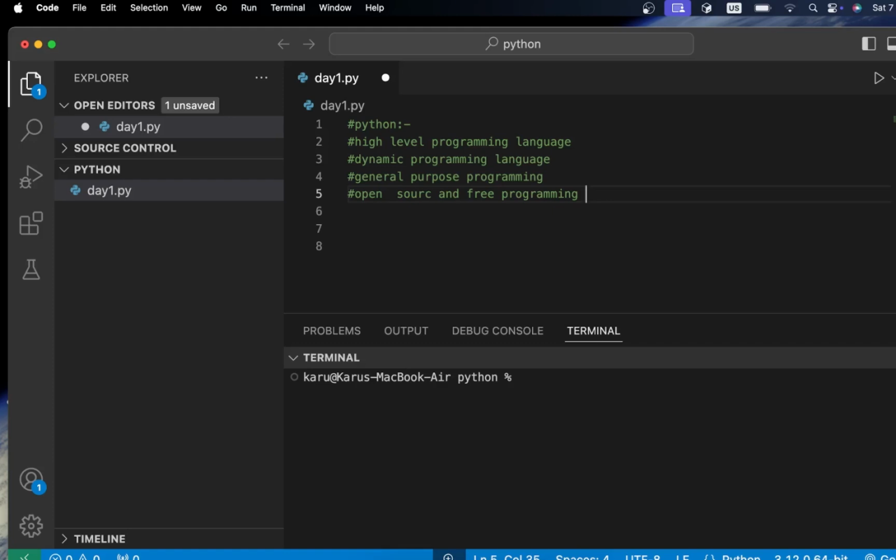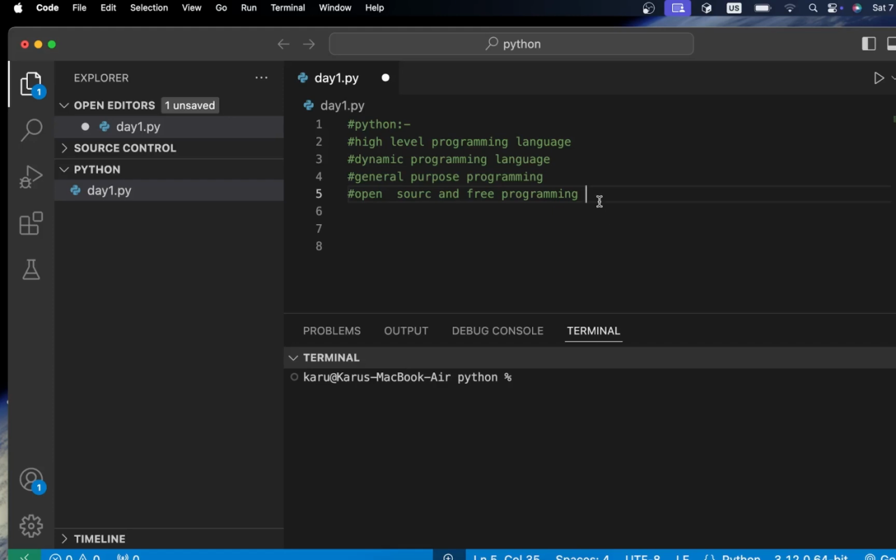We just install it on our device. That's why it's called open source and free. We can easily download it, easily install it on our device, and easily access all the services. We can easily run it on our device. So that's why it's called an open source and free programming language.